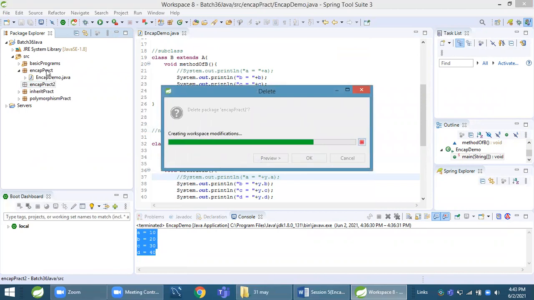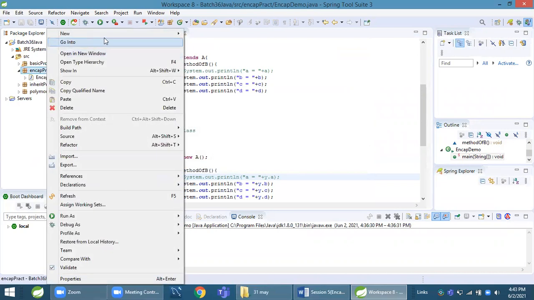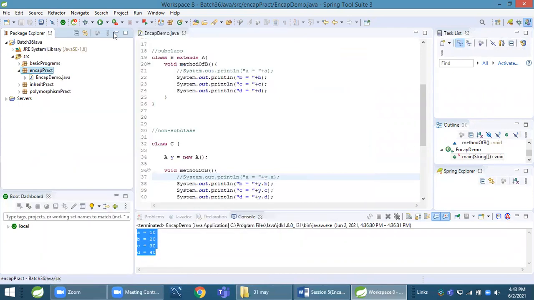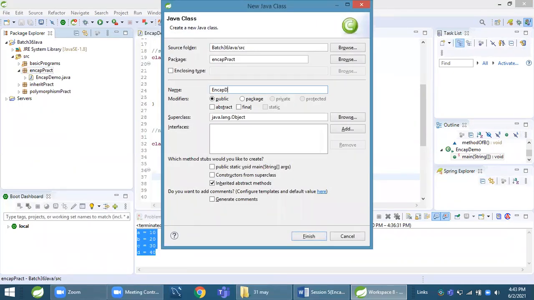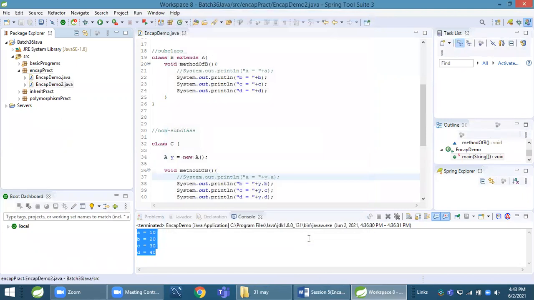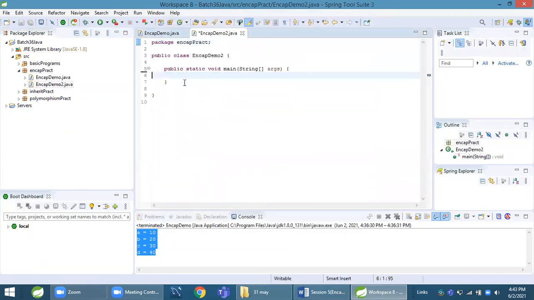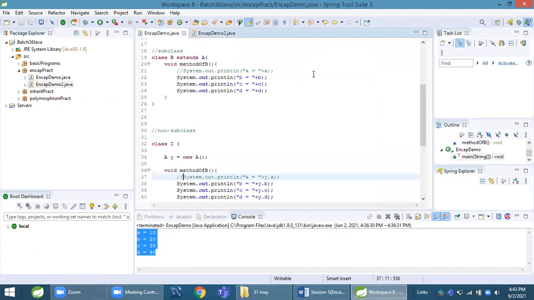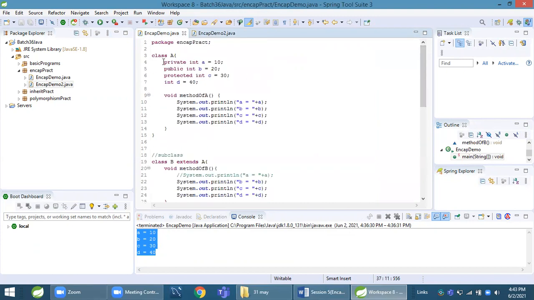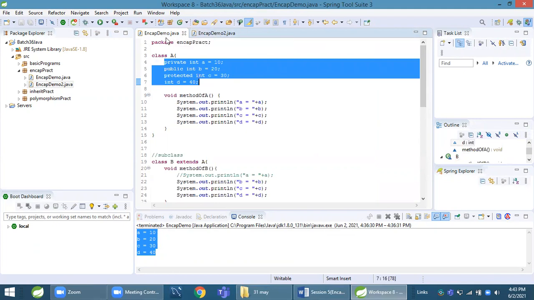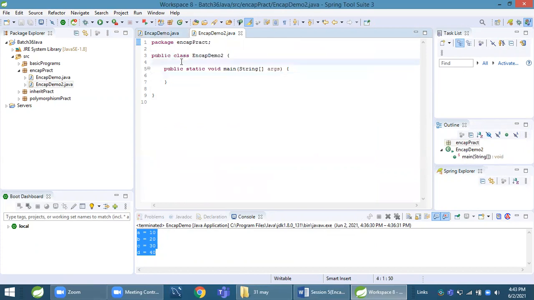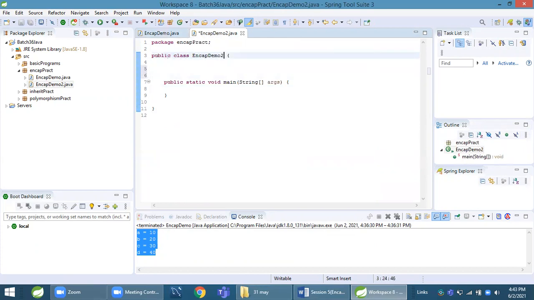In this ncap pact, we will create one new class called ncap demo 2, with the main method, click finish. Here what we will do, we will try to access these members A, B, C, D, 4 types outside this file, outside this file. What I will do here, I will extend A and